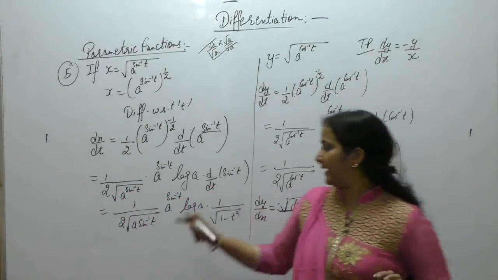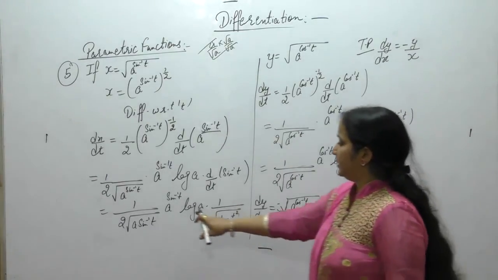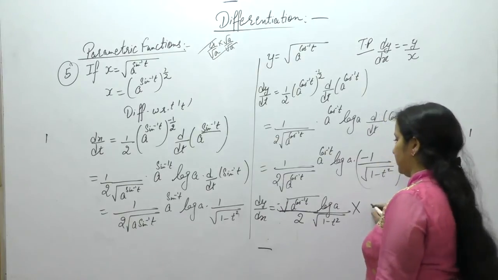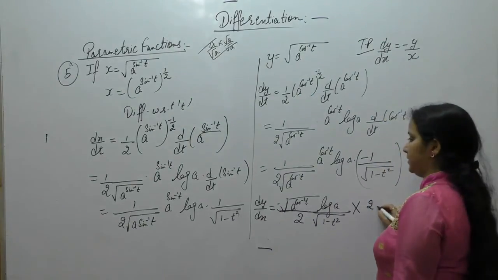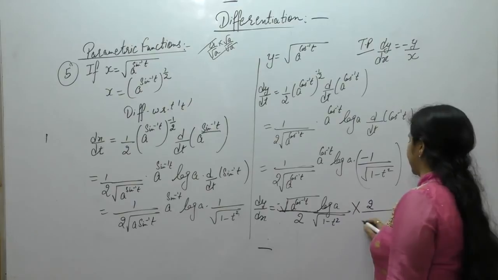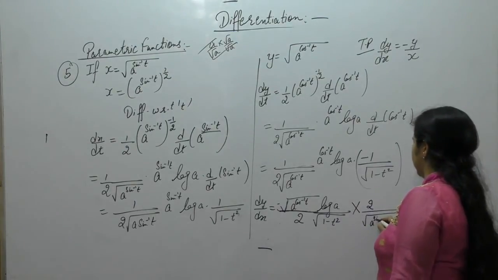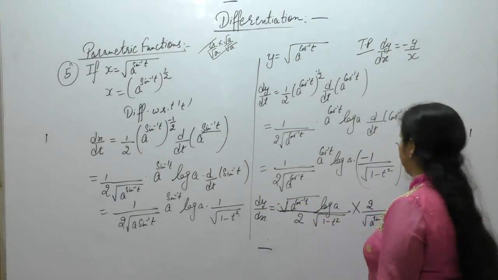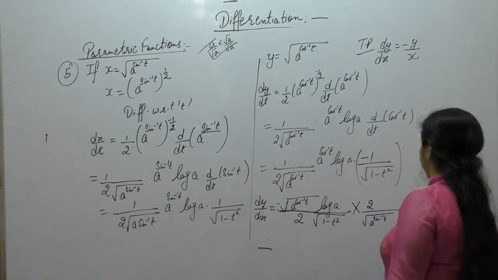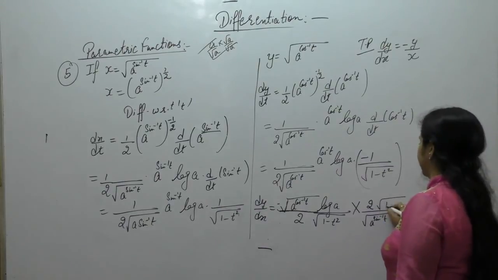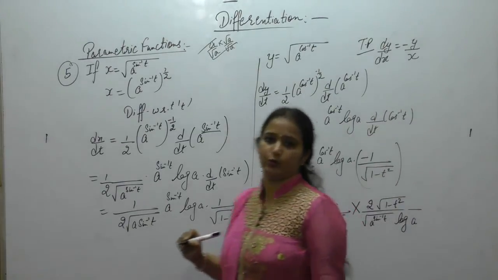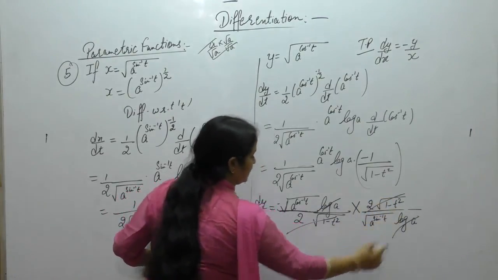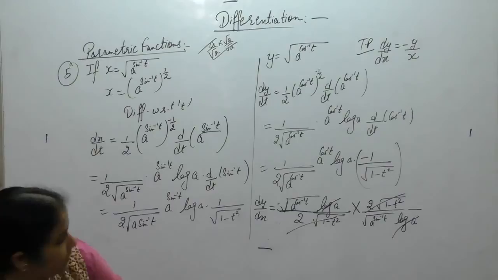into dt by dx. Reverse this term. It will become square root of A sin inverse T. 2 will go up. Square root of A sin inverse T. Log A reverse, so it will come in the denominator and root 1 minus T square will go in the numerator. Clear? This will get cancelled. So here we are left with